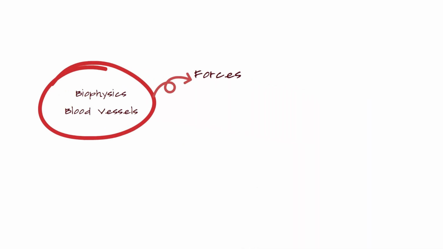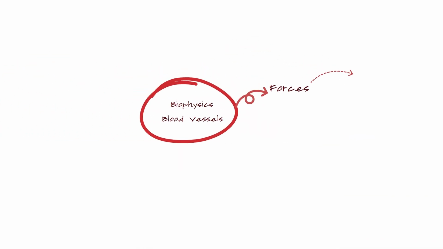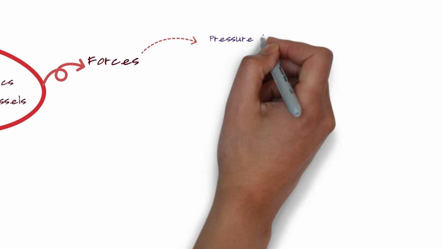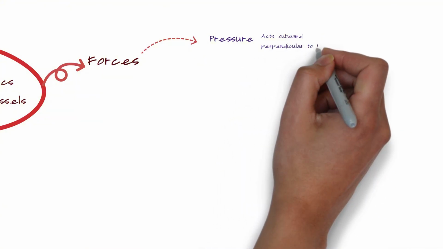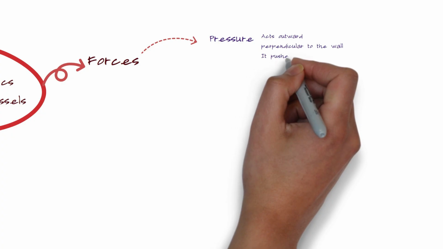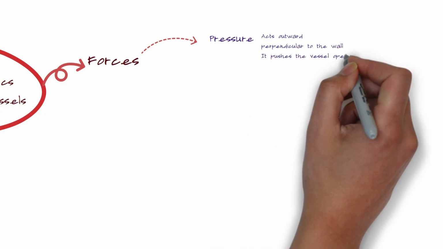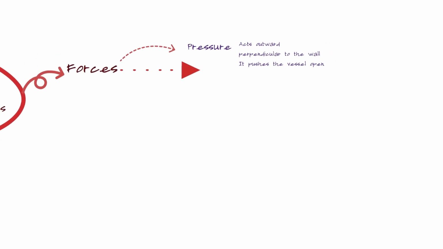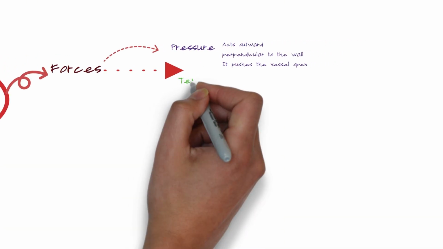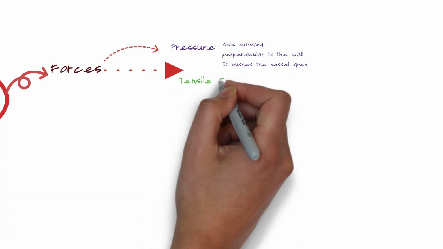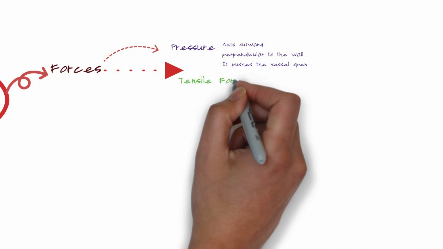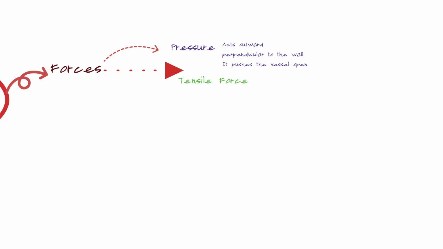First, let's talk about the forces which act on the blood vessel, and there are three major forces. First, the pressure, and this force acts perpendicular to the wall of the blood vessels, pushing the wall outward. So it expands or distends the blood vessel. The second force is the tension, called the tensile force. Unlike the blood pressure, the tensile force acts circumferentially along the wall of the blood vessel, and it's mainly due to the molecular attraction within the vascular wall, and it opposes the outward force of the pressure, preventing the wall